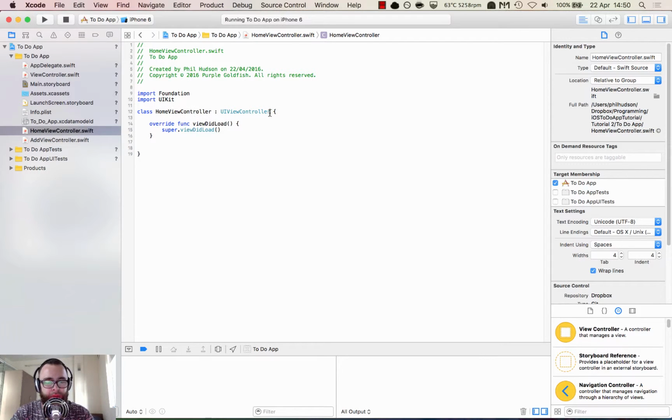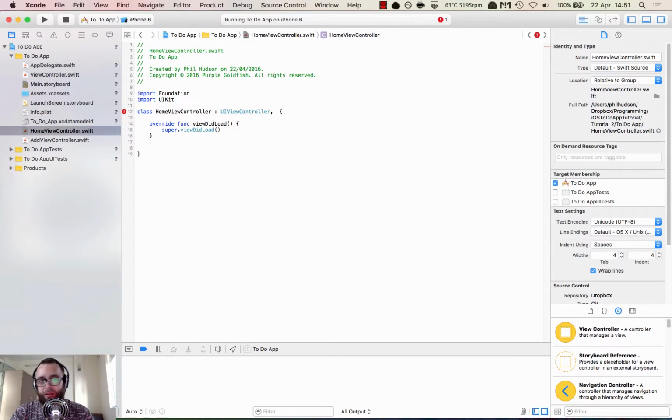table view related stuff. So here, the first one after the colon is the super view. So that refers, well, the super class, I mean. So that refers to basically the home view controller is a subclass of the UI view controller. It has the same functions, methods. It's very similar. It's basically a copy, but we're making a custom copy of it and calling it home view controller. But now we're gonna